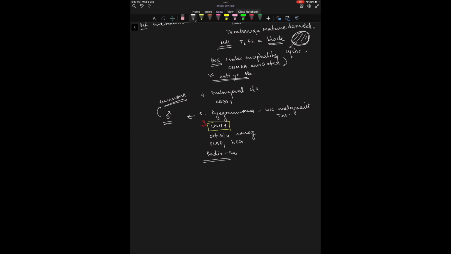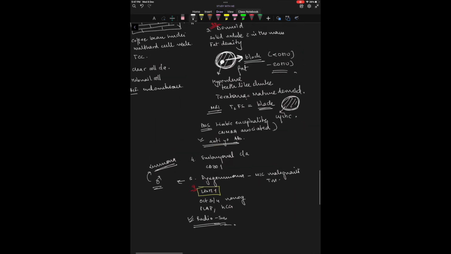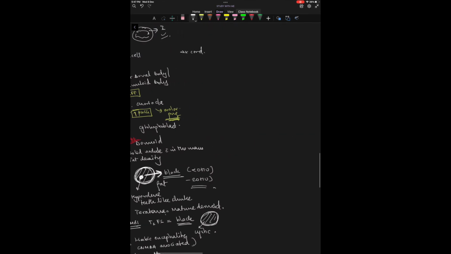Also remember, this is a radiosensitive tumor, right? So if you remember, our cricketer, I don't want to name him, he also suffered from this cancer and it had spread to the mediastinum. But since this tumor has a very good prognosis, radiotherapy and chemotherapy help to get rid of it. Next, we talk about the sex cord tumor.